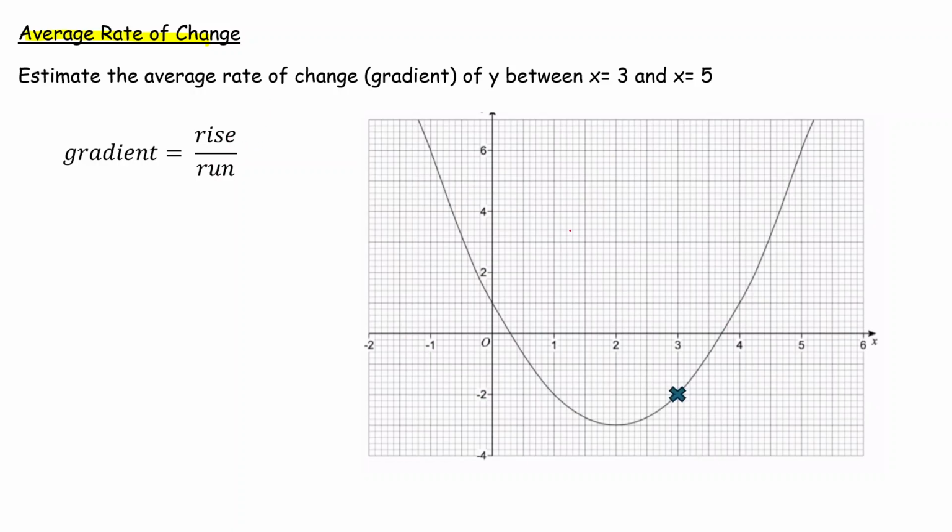So I've plotted the point here when x is equal to 3. I've just gone down here and plotted that point there. That's what I've done there. And the same thing with 5. There we go. Okay, I'm just saying that the coordinate at this point here, when x is equal to 3,